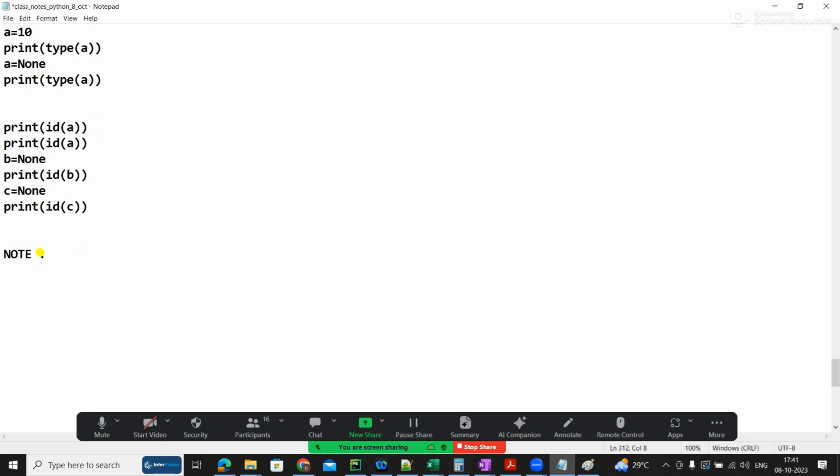So note, the value a which holds 10 is eligible for garbage collection. Usually all the objects get cleaned up internally, because even in Python everything is considered an object.